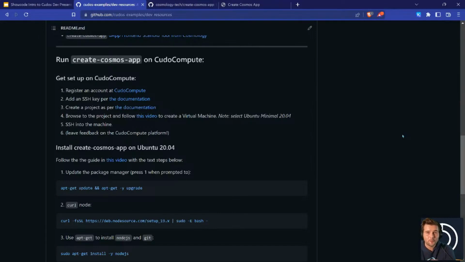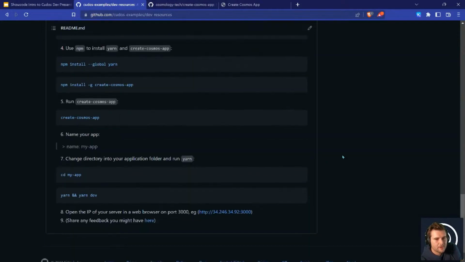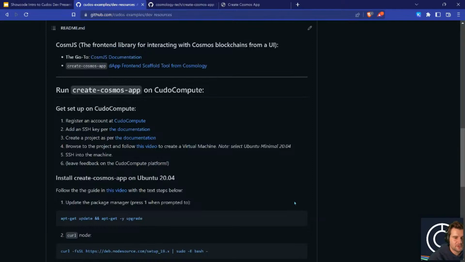So long, if you want, you can add your own credit card and you can start paying for it already if you want to try spin something up. But for that next module or 2 modules time, you'll be getting some free compute on it as well. But this just shows you the instructions for how to get going with deploying your Create Cosmos App on a Kudo Compute virtual machine. This neat video shows you all of the stuff as well.